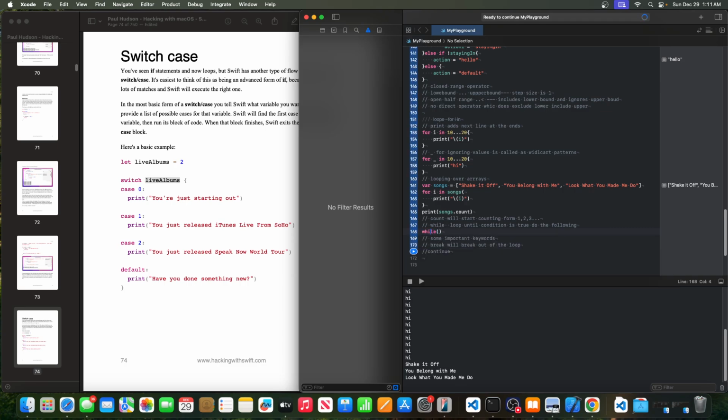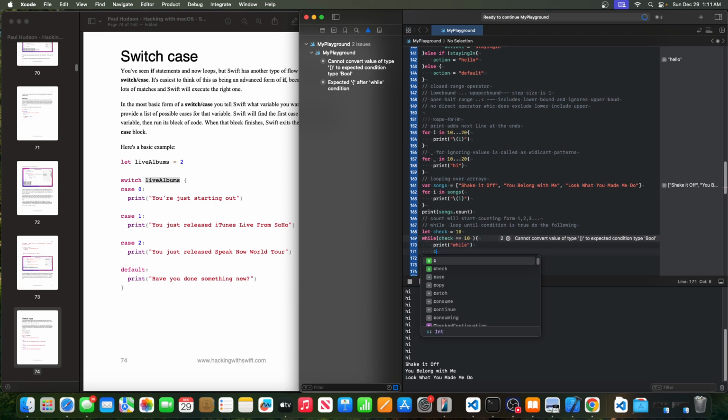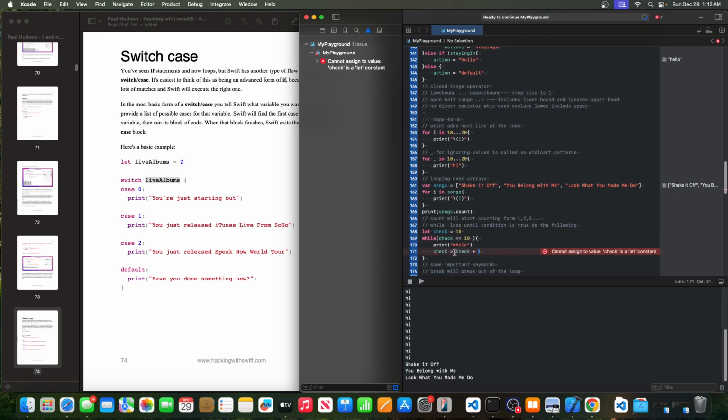Let's have a variable here, check, which is 10. And then if I do while check equals 10, and the check equals check plus 1. So basically that is going to terminate the loop. You understand? Okay, let's